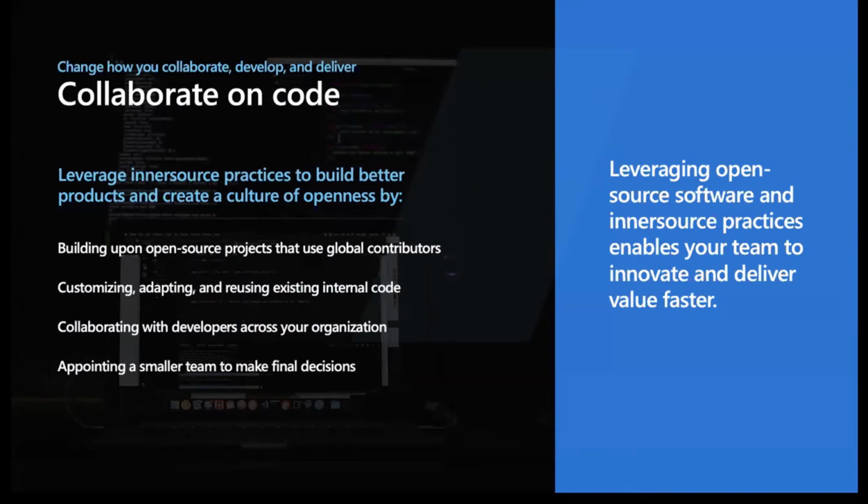If you think to your own organization, how often are you able to go and work with another team, maybe a center of excellence, a shared service team, someone you don't work with in your immediate team on a daily basis? Are you able to actually go and read their code? Are you able to go and commit to that code base? Are you able to collaborate with them on that code?